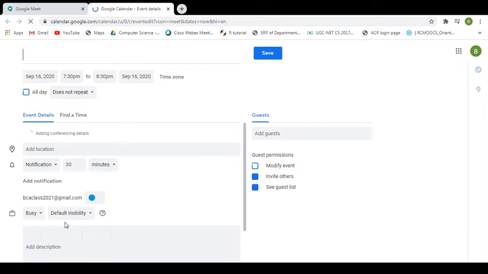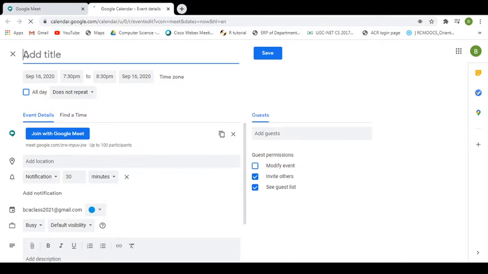So we will get this kind of window. On top, you can see it says add title. The title is something which you want to tell the students, or a subject. So I will just, for example, write meeting for exam for tomorrow, or whatever date we want to tell students, or the subject also we can say.